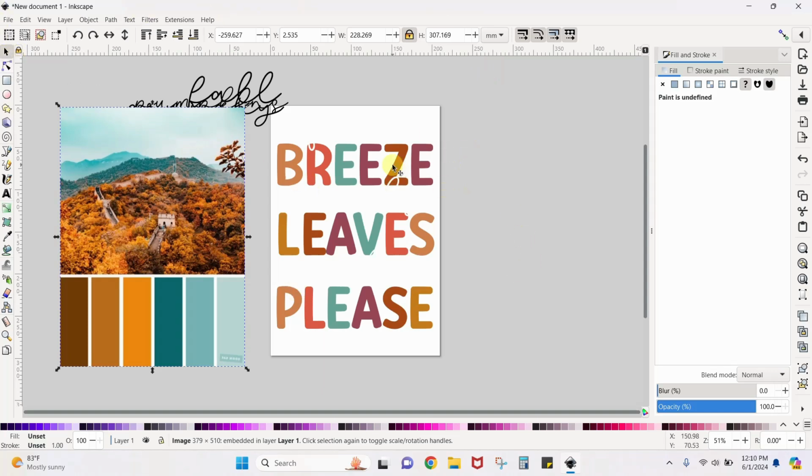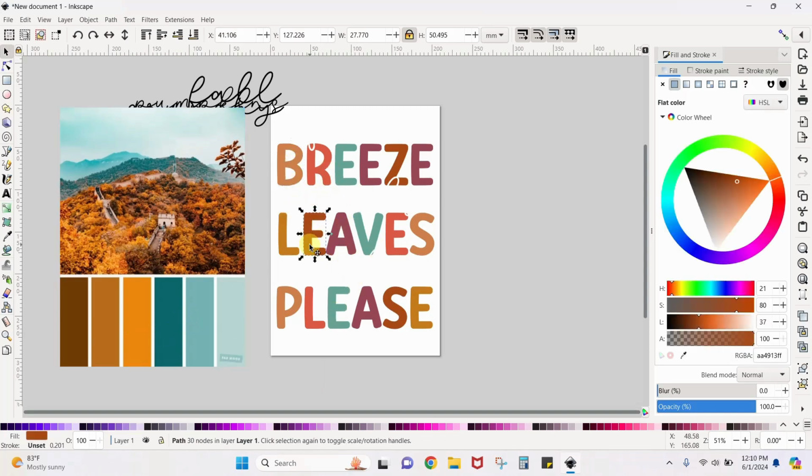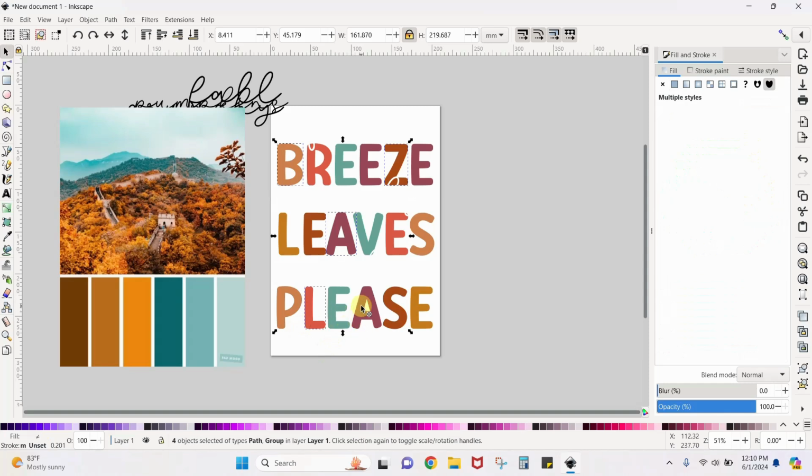Okay, so let's pick some of these colors that we want to change. Let's pick 1, 2, 3, 4 of these colors. So I'm going to change every 4th letter. We have ungrouped everything. So 1, 2, 3, 4. This will be the next one. I'm going to hold shift. So that is now selected. I have that B selected and that Z selected. 1, 2, 3, 4. Shift. 1, 2, 3, 4. Shift. 1, 2, 3, 4. Okay. So these ones, let's